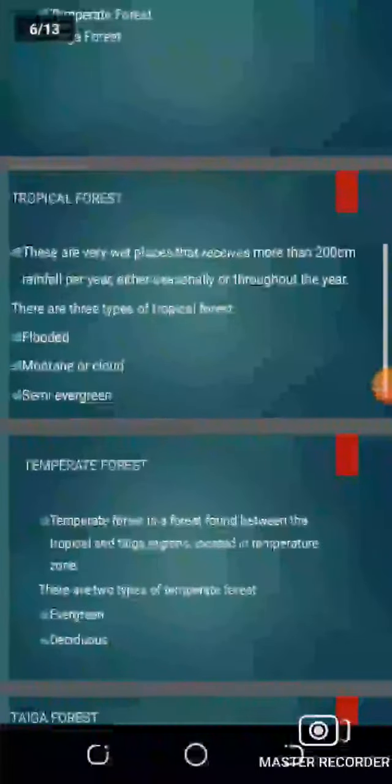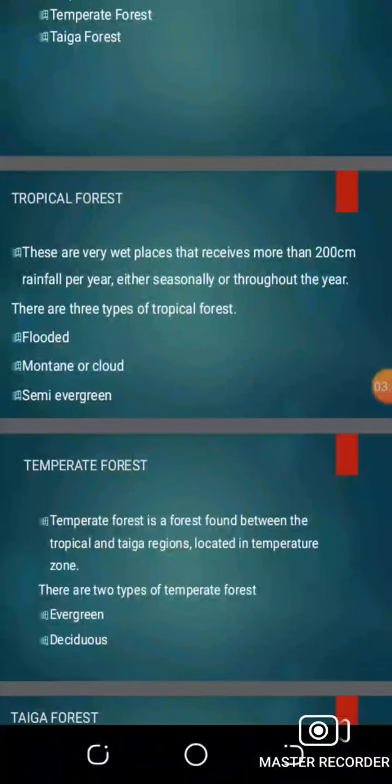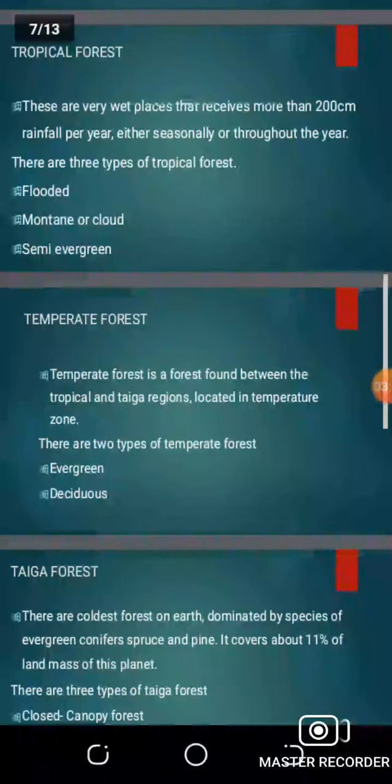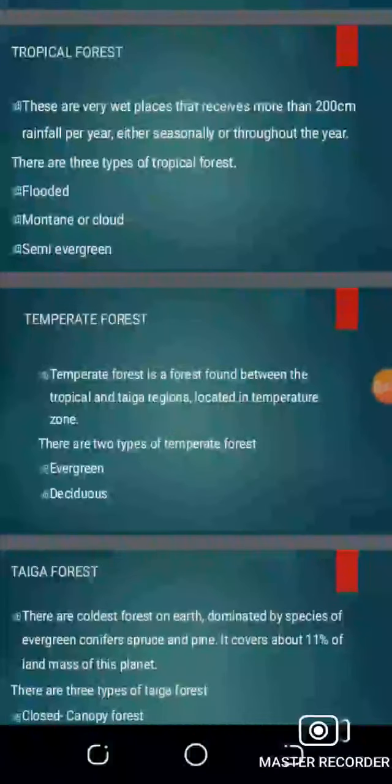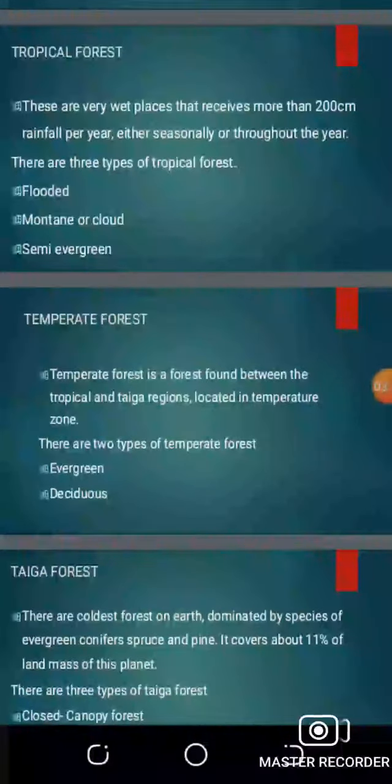So under tropical forests, we have talked about the meaning of tropical forest and their types. Let's go to the temperate forest. Temperate forest is the forest found between tropical and taiga region, located in temperate zone. So there are two types of temperate forest, namely evergreen and deciduous forest.